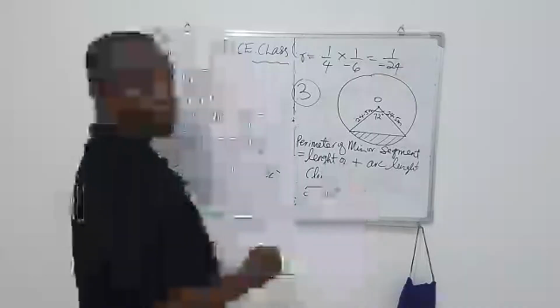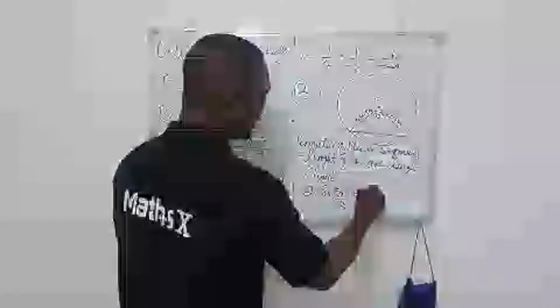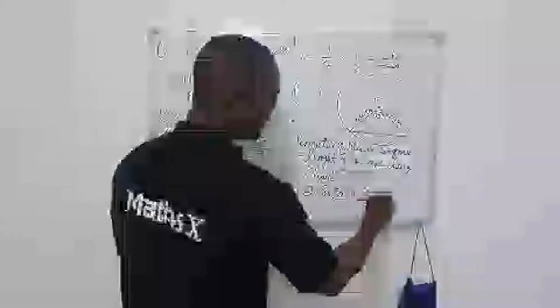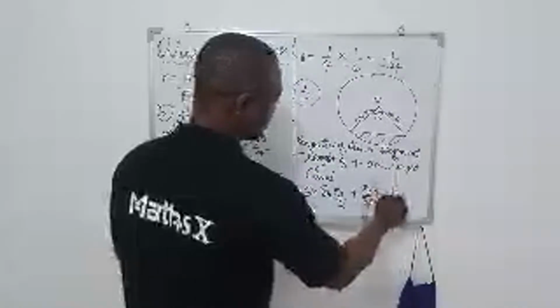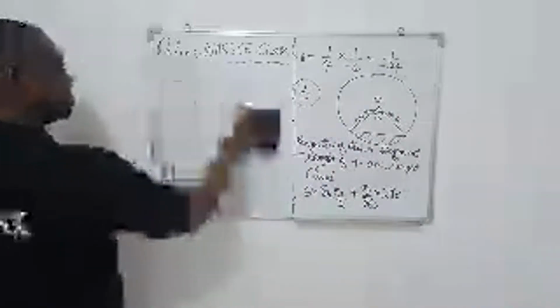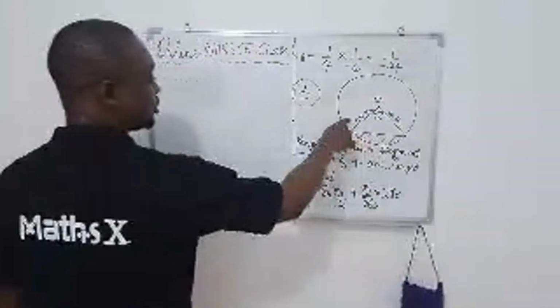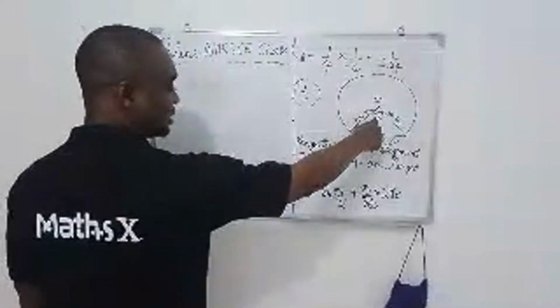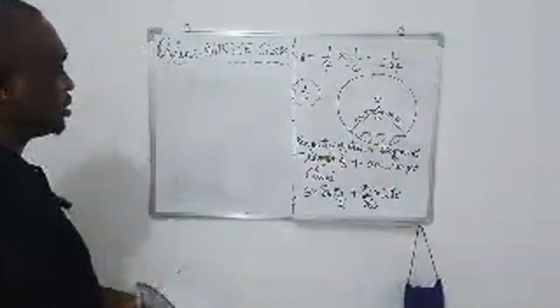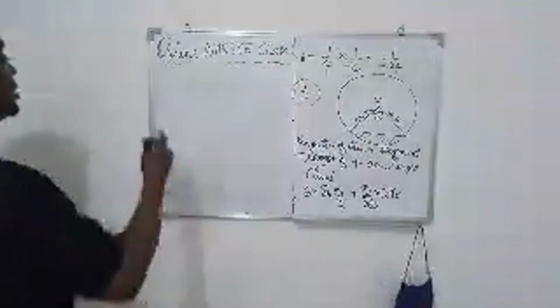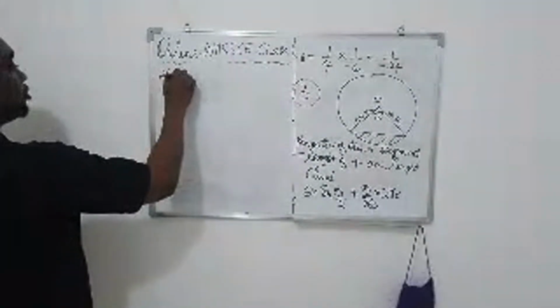Angle theta. The arc length is theta over 360 times 2 pi r. Those are the formulas that I've given to you. So from the question, our radius is 24.5. Our theta, the angle here, is 72. So this is half angle theta. So this means that 2 bracket radius of 24.5